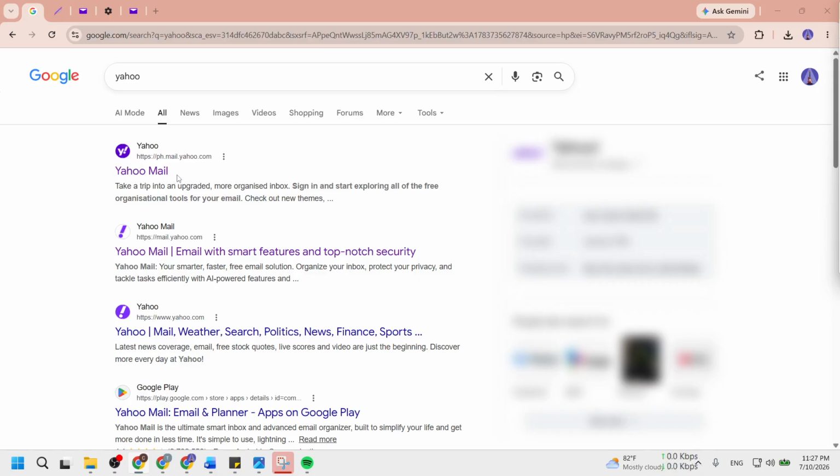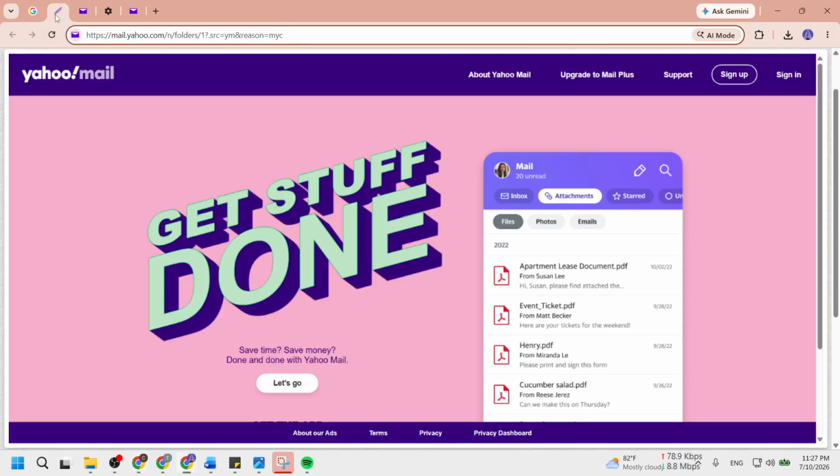You will see a list of links displayed, so keep an eye out for the one that clearly indicates it is Yahoo. This step establishes the foundation for the rest of the process. Once you find it, click on the correct link to enter the Yahoo homepage. This action takes you directly to the site where you can manage your email settings. It is important to choose the right link to avoid phishing sites.